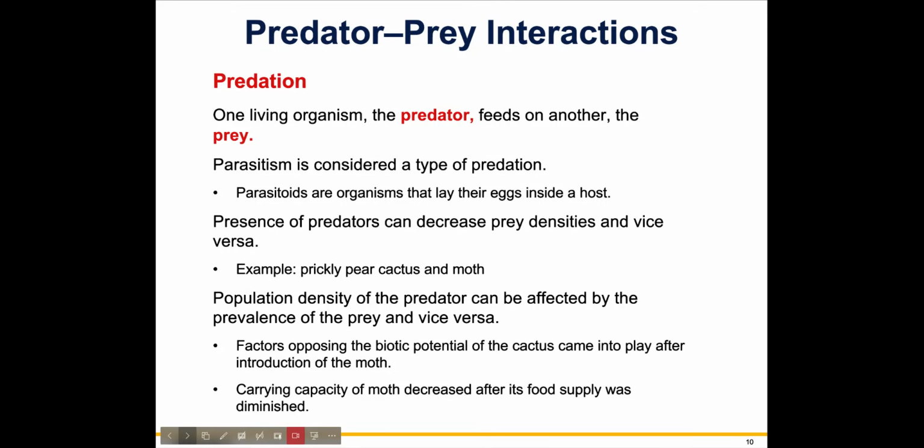And the population of the predator can be affected by the prevalence of prey or by the lack of prey. A very famous example that has been studied is snowshoe hare and lynx in Canada. Lynx is kind of like a bobcat, a large feline predator. Snowshoe hare is a rabbit type animal. And we'll see their graph here where